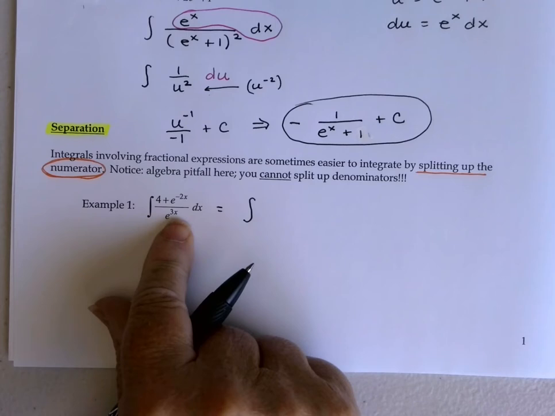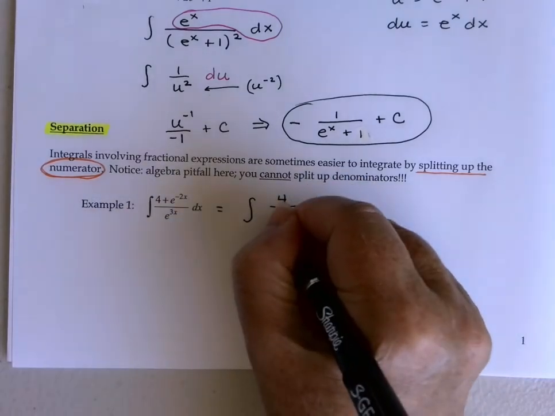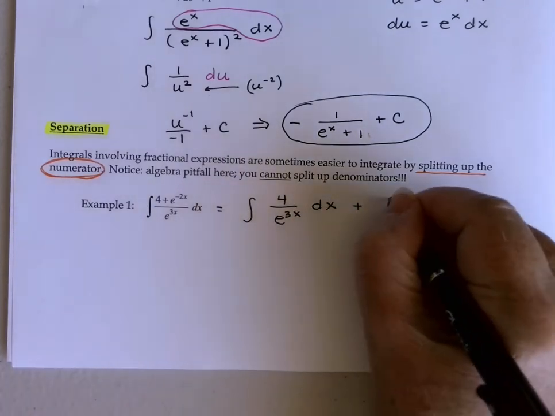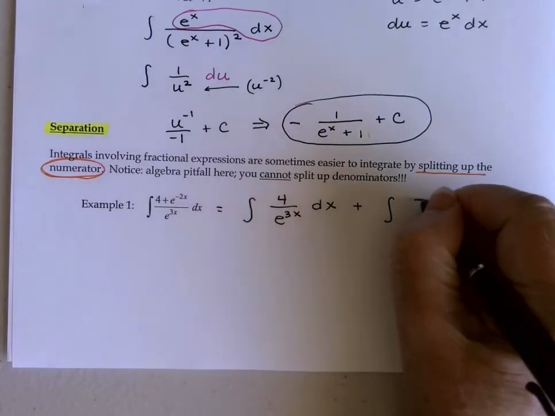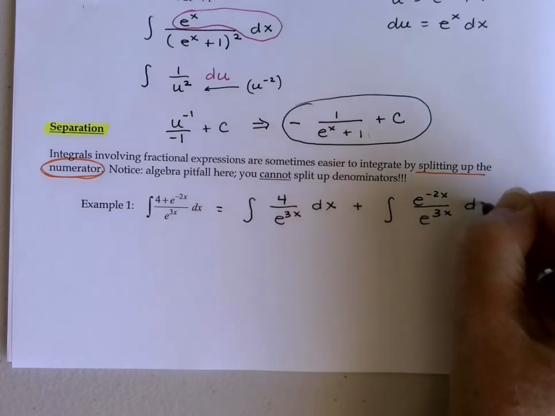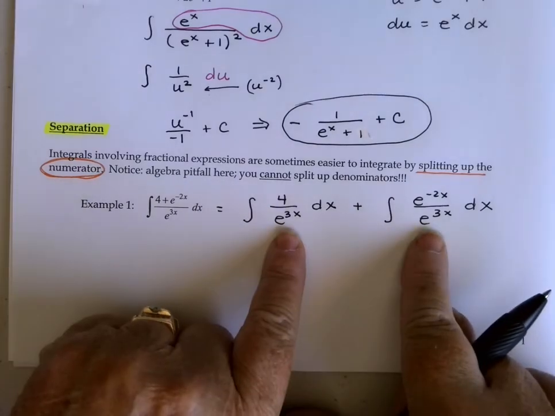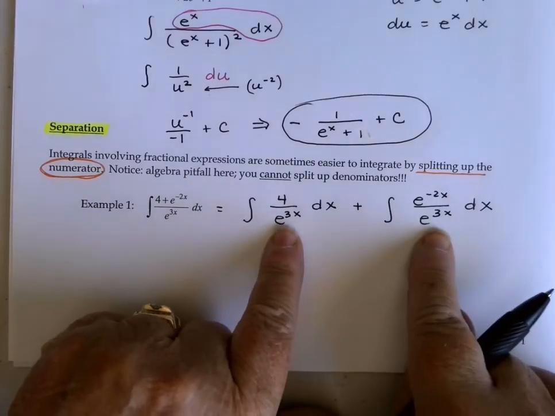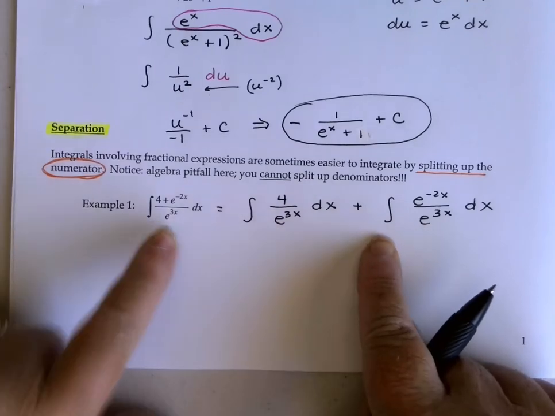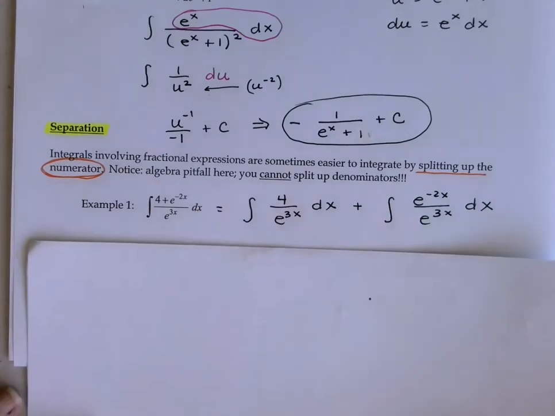As I look at this, I could split that up as 4 over e to the 3x for one integral, and then e to the negative 2x over e to the 3x as a second separate integral. Because there's a common denominator, I would be able to add those back together and get back what I started with, right? Notice, and I'm just going to show this as sort of a sidebar here, that does not work